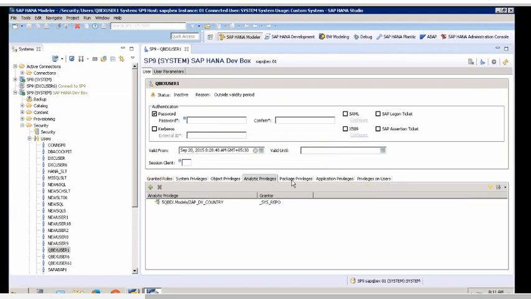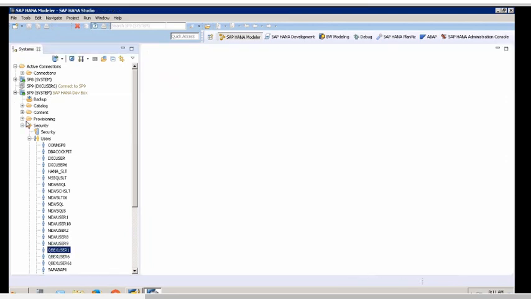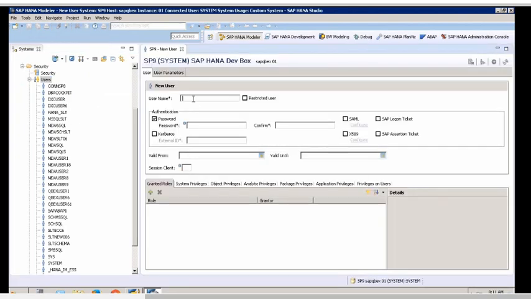A privilege is like a right for what a user can do. Only when I give certain privileges will the user be able to do those particular activities. For example, I created a user and can give only this access, or something else I can do. For example, say I will create a new user. I can just say some Pratap.